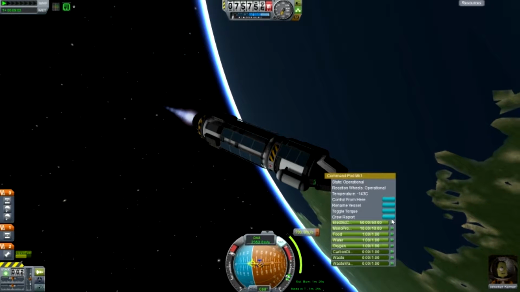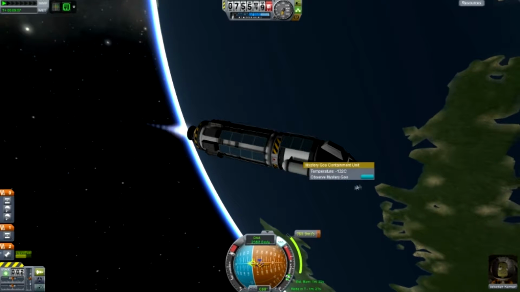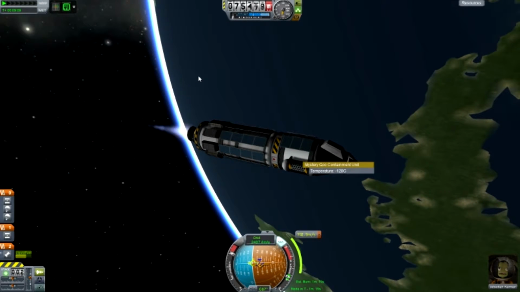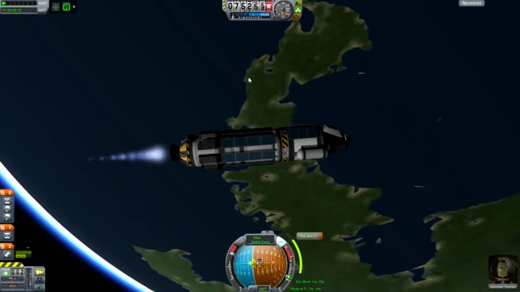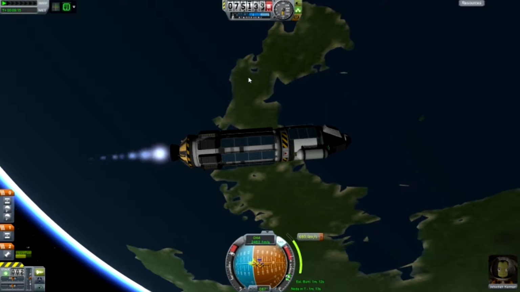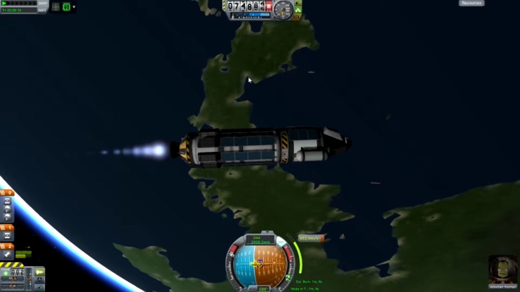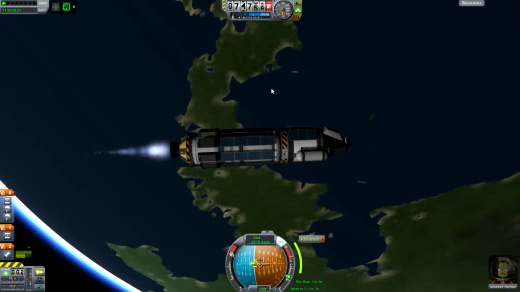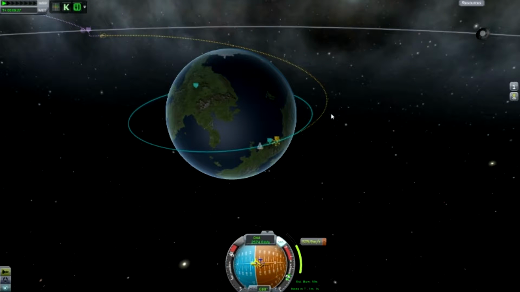Let's do a crew report, see if we have anything different. Nope. Any different mystery goos? 0.5 science, not worth it. This engine is outrunning our node timer. I mean, I guess I could do